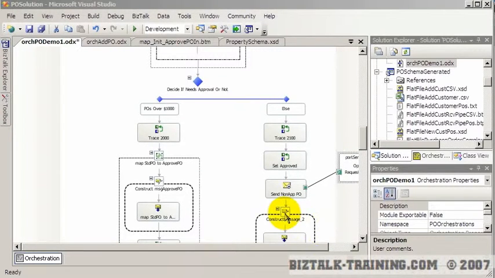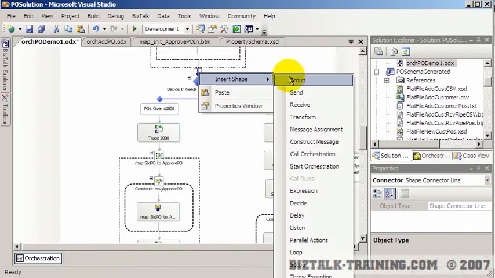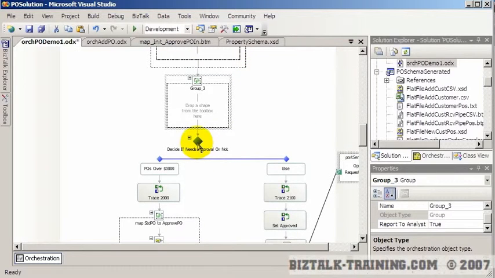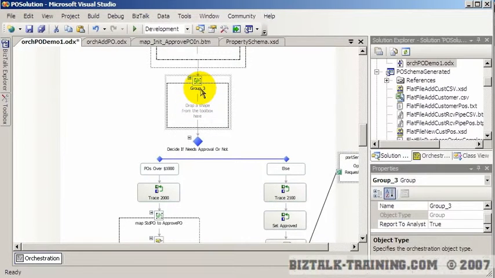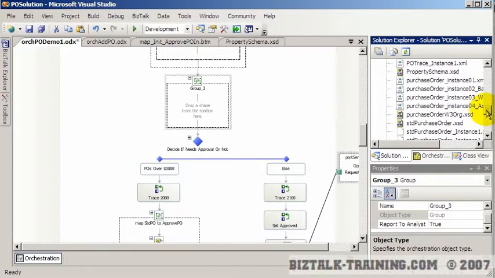In this video, I'm going to do a demonstration of about three concepts. The first will be the loop shape, and what we're going to do in this scenario is insert some logic here before we approve our PO. And remember, a customer has ordered some items from our company, and we want to check to see if those items are in inventory. So if you recall our PO schema here,